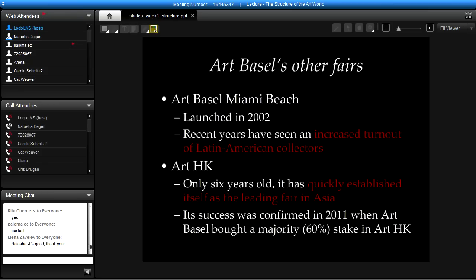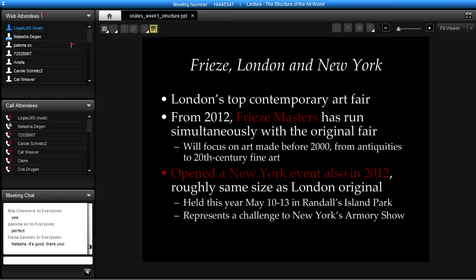Art Basel has become like these mega galleries that have proliferated and now have branches around the world. 2002, which has become one of the most important art fairs in the United States, and actually has become also quite an interesting event in terms of the increased participation of